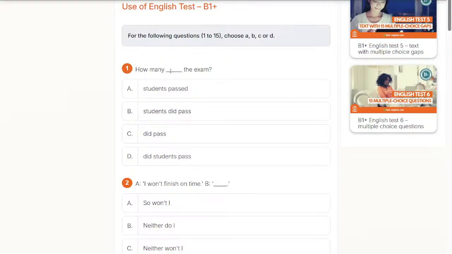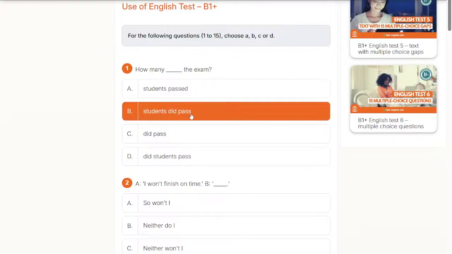How many people do you know? So I think, how many students did pass the exam? Maybe it will be option B. Yes, I get it. It will be it. But I don't remember the exact rule.